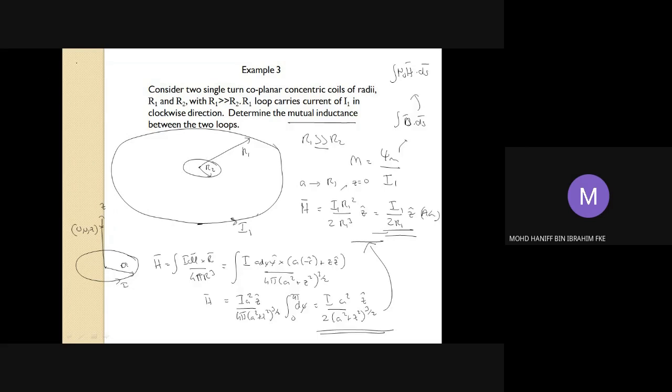The flux amount in the R2 radius will be simply the integration of mu naught, H, which will be I1 over 2R1 in the direction of Z,